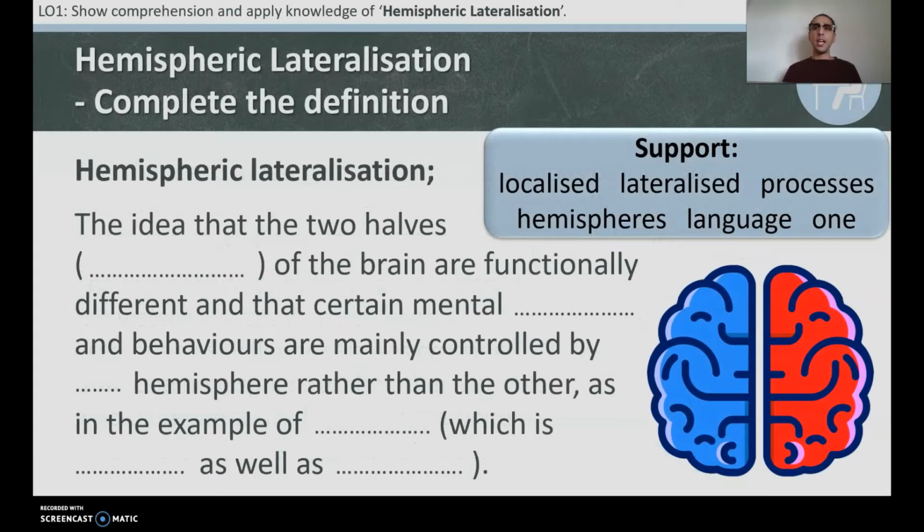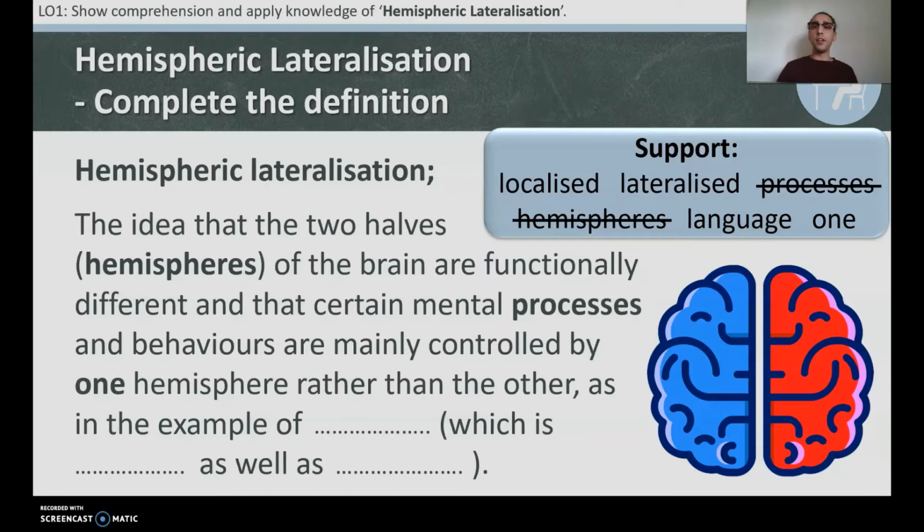Hemispheric lateralisation. We've got a gap fill. Let's try and fill the gaps. Let's get the definition sorted. The idea that the two halves, also known as hemispheres, of the brain are functionally different and that certain mental processes and behaviours are mainly controlled by one hemisphere rather than the other, as in the example of